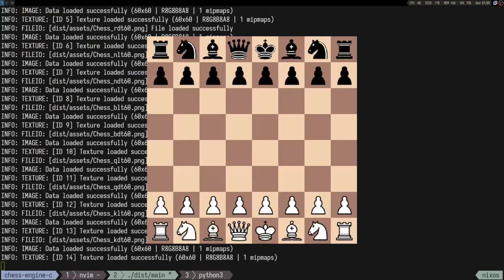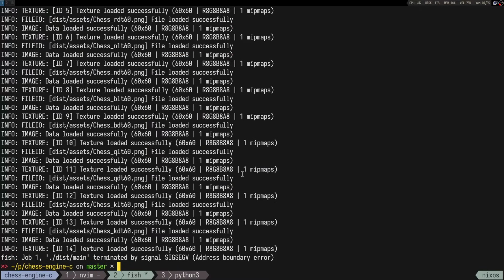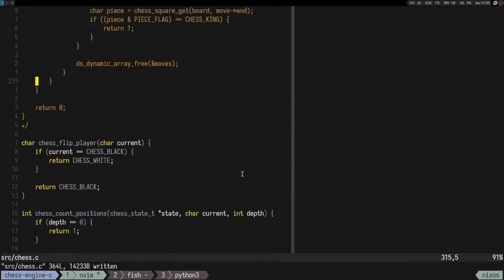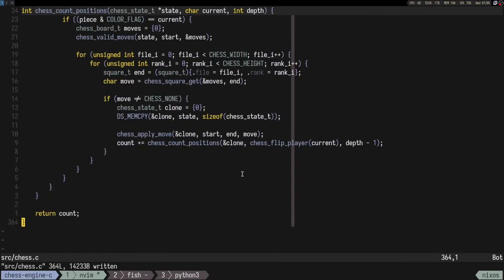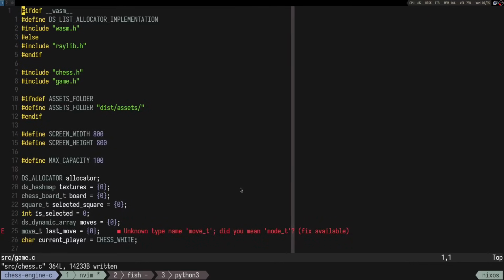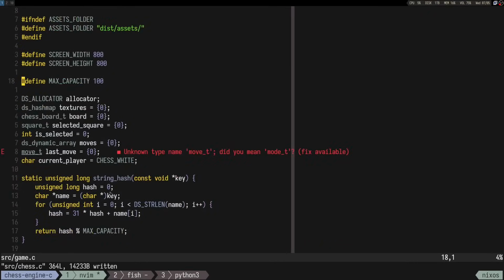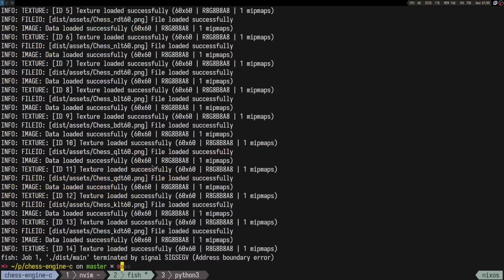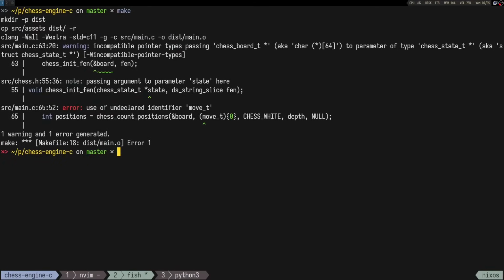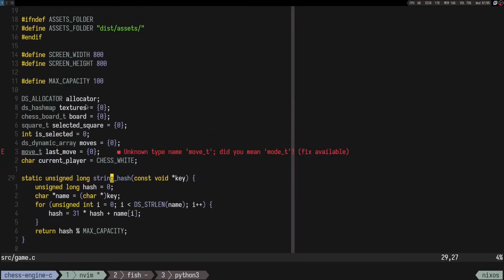So if I just run this main, we should, shit. Let's go to game.c because here we didn't update game.c, so I don't know why it compiles. Make clean, make. Yeah, it's weird. Why did it compile? Anyway,